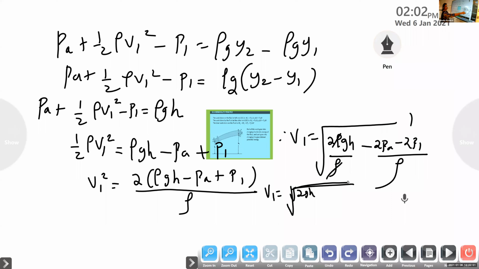If you want, you can take it out that way. So that's 2GH minus, when you take it, you will get 2 into, here minus 2 you have taken out. So it is going to be minus 2 into